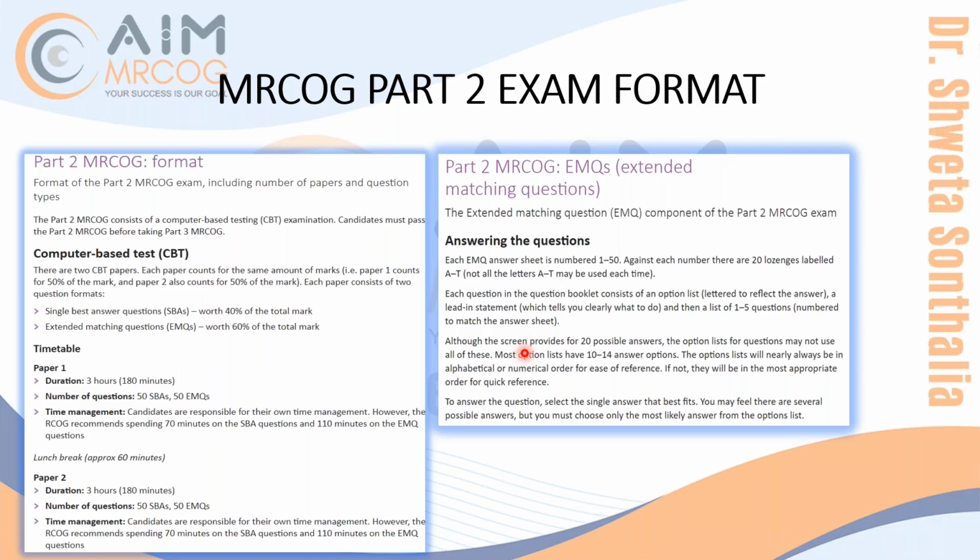Ultimately it then becomes an SBA, because the answer is in your mind, and from those 5 options you have to choose one. So it becomes easier. The sole criterion for solving an EMQ is that first you make your answer in your mind and then choose from the options. Otherwise, it will be really time-consuming and you will get lost with 20 to 25 options. So please be careful about that.